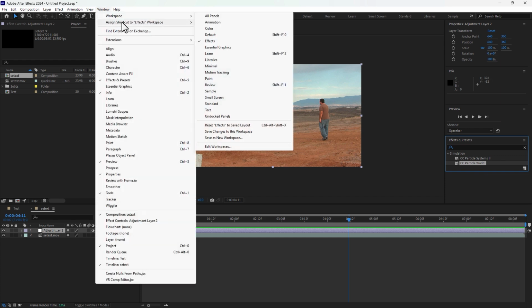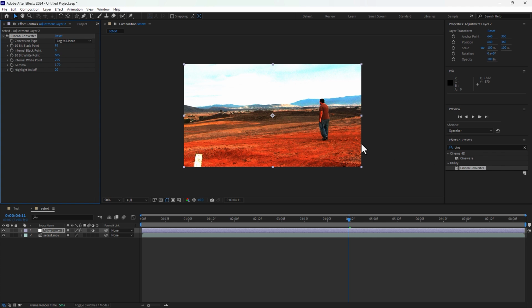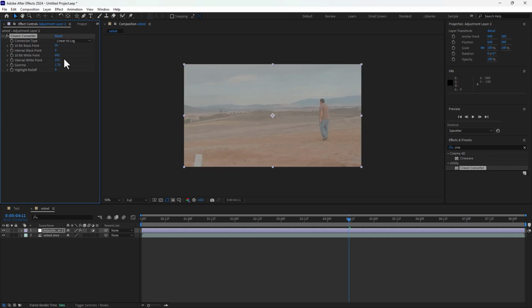Let's go to Window, Effects, Reset, and right here, Cineon Converter. Double click, log to log, hold Control, log to log. Use Control on the keyboard to control the brightness, contrast,